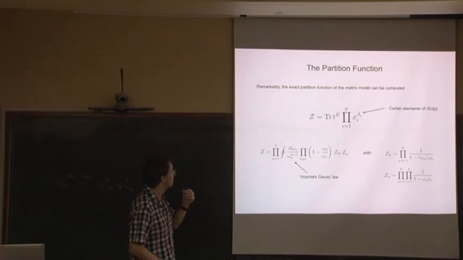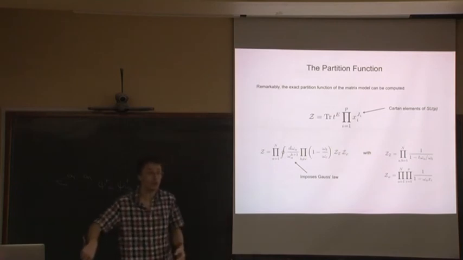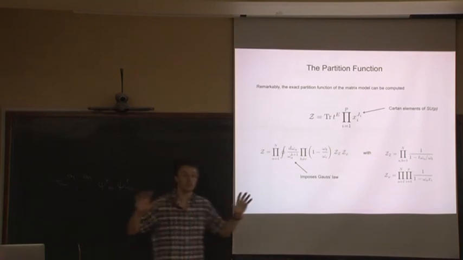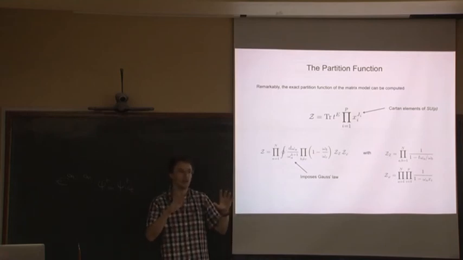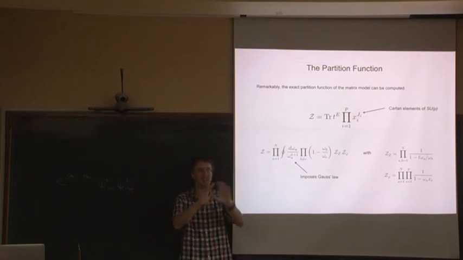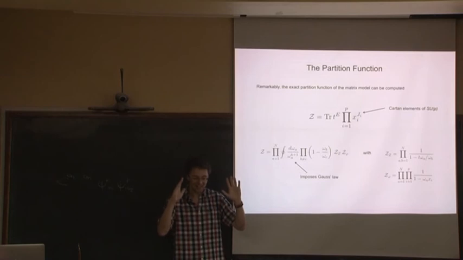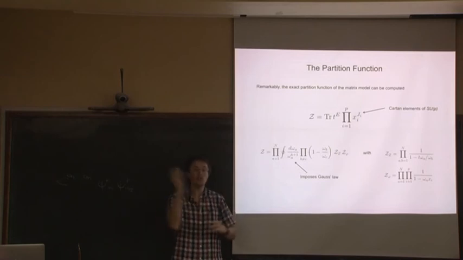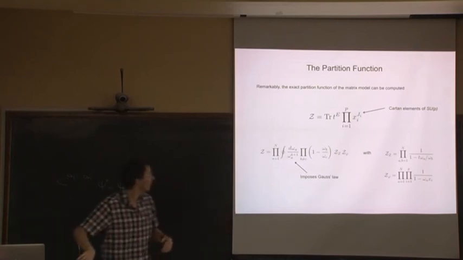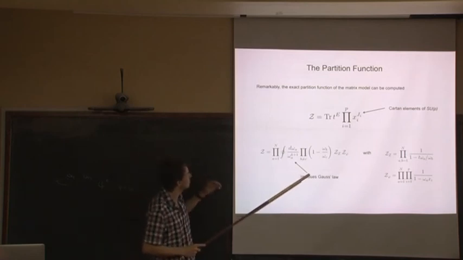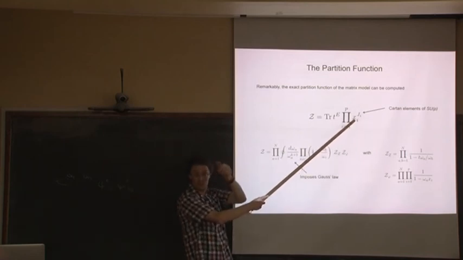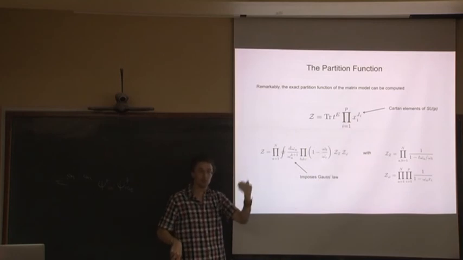And what Shiraz says is completely true. We have a free theory where it's fairly easy to compute the partition function. And then you impose Gauss's law. And the way you do this is you introduce, okay, so we've got fugacities for the SU(p), but we've got this U(N) gauge symmetry.